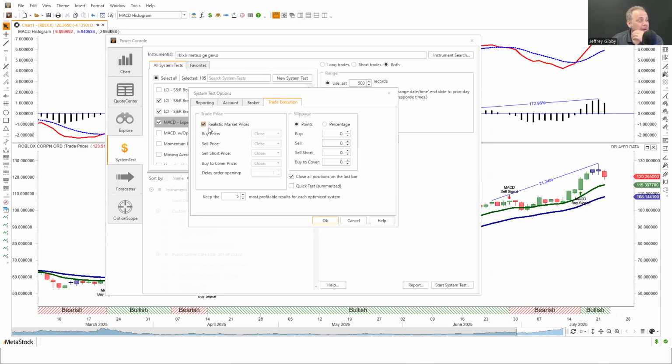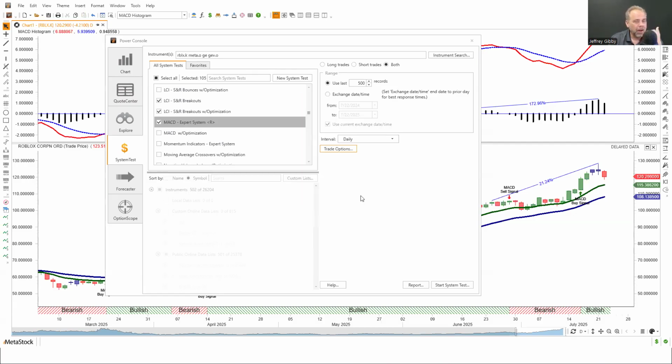For trade execution, I'm going to leave that selected as realistic market prices. What that'll do is wait till the bar is closed and buy on the next bar's open. So in the case of a daily bar, it would buy on the open of tomorrow. I actually trade a little bit differently than that. I make all my decisions usually within the last half hour of the day. So if you want to trade like that, you could just uncheck this and say, I want to buy on the current day, but I want to buy on the close. You want to make it realistic for you. Okay. But I'm going to go ahead and click on realistic market prices. That's the default option. You can't program in slippage. You can account for commissions if you pay them, all that kind of stuff. And let's go ahead and run this.